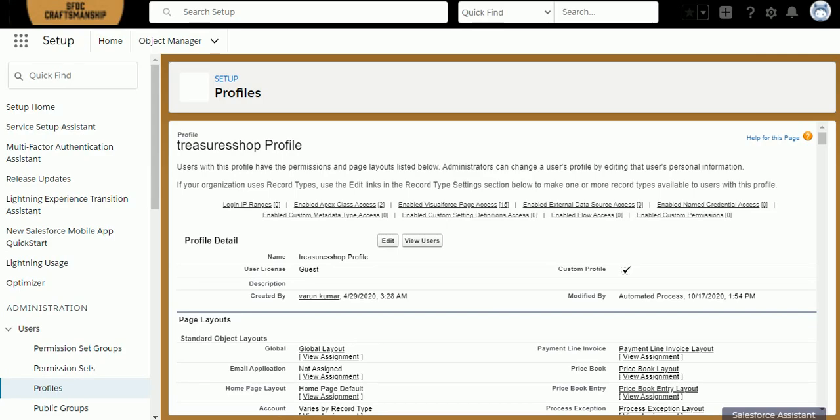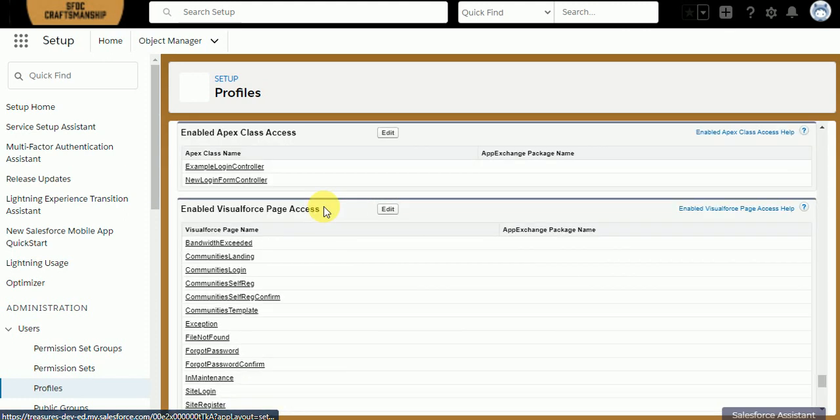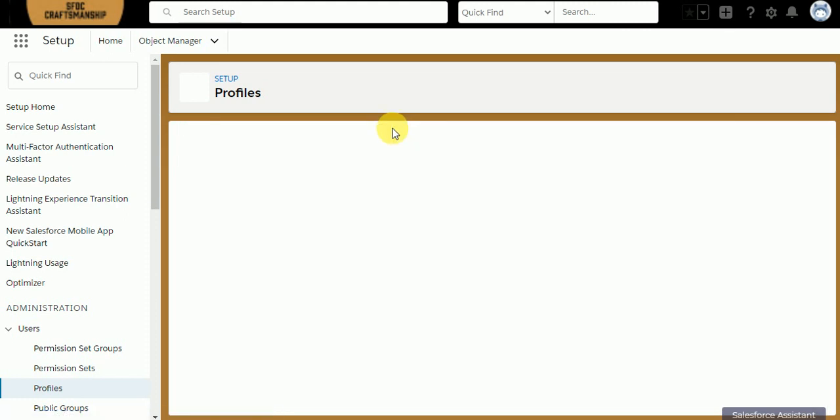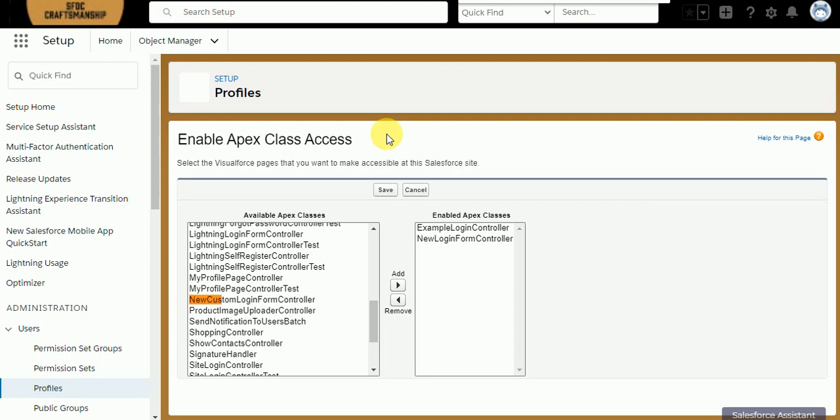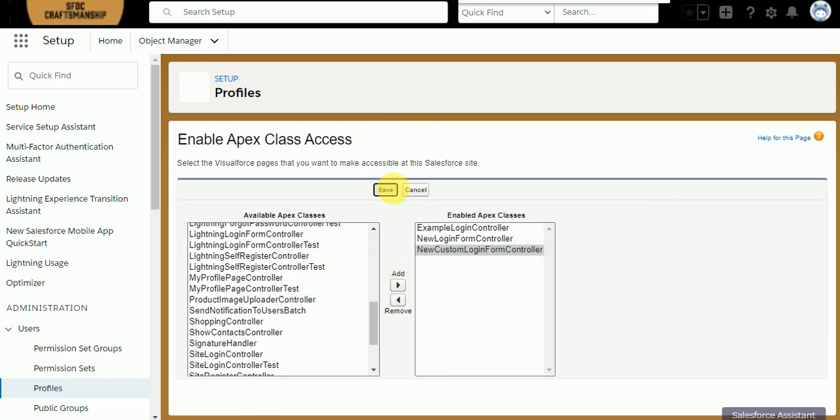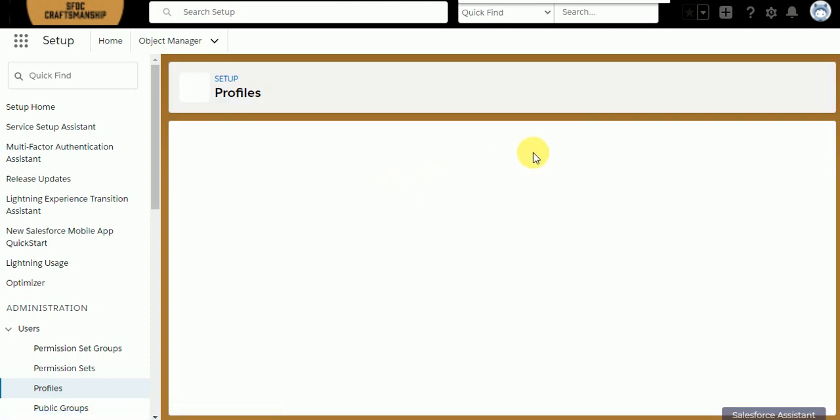In this profile you can see an option called enabled Apex classes access. Open this section and click on edit, and select the Apex class which we created. Our Apex class name is new custom login form controller. Select this Apex class, drag it to the right side, and click on save. Yeah, now it's all good.